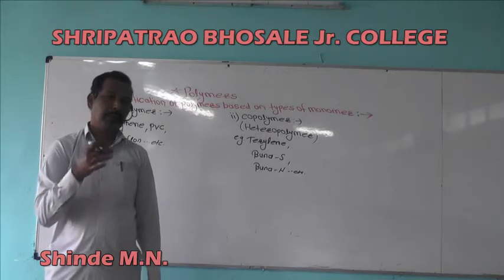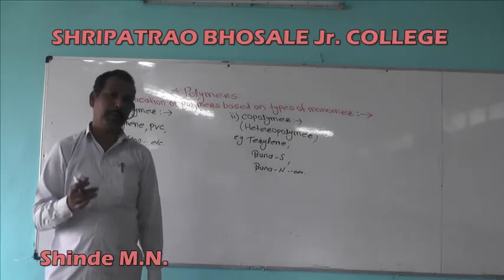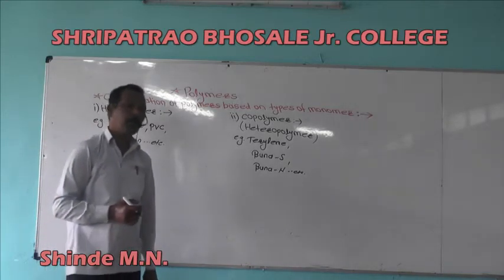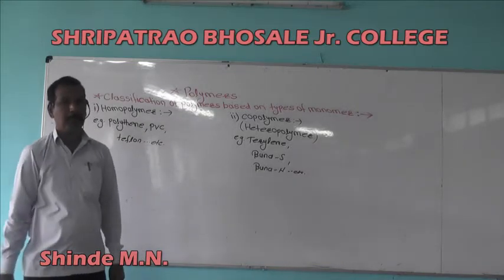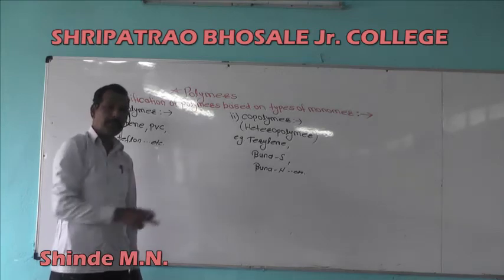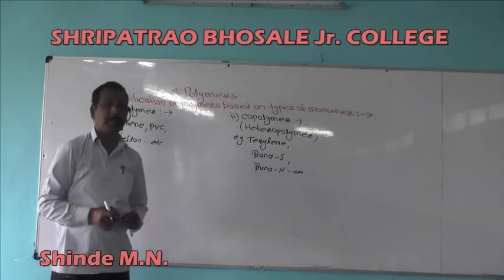So if different monomers are used for the preparation of polymer, then it is known as the heteropolymer, or it is also known as the copolymer. So it is very important, you must know the monomer used for the preparation of polymer,